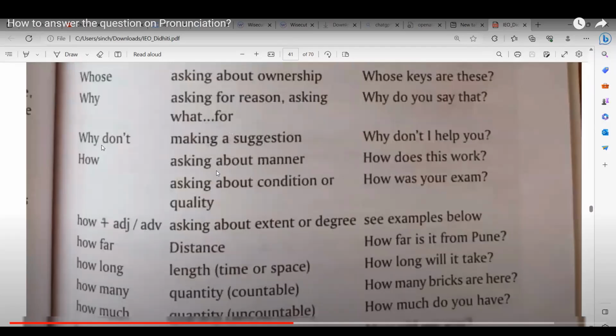Abhishekta, give me an example with why don't. Why don't you have a try? Very good. Shomojit, give me an example with why don't. Why don't you write this in your